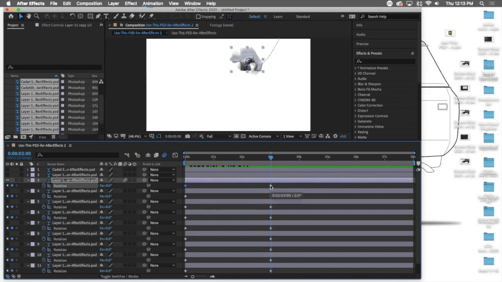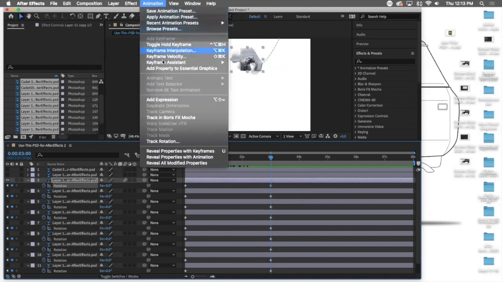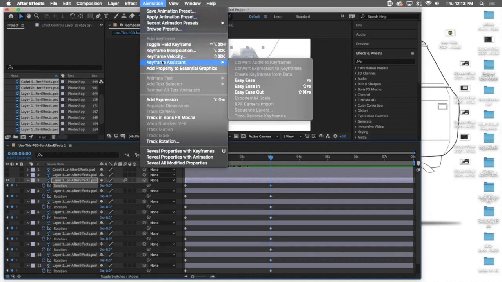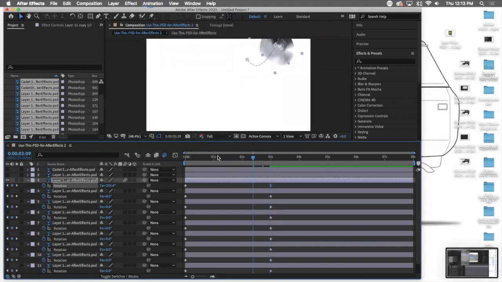And one thing that I can do while I select that keyframe is I can go to animation, and I can go to keyframe assistant, and I can go to easy ease. Okay, so I'm going to click on it. And so now when it comes in,